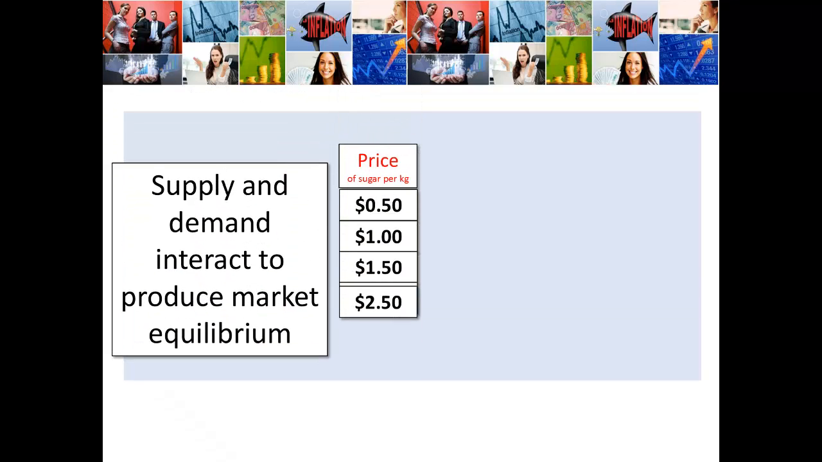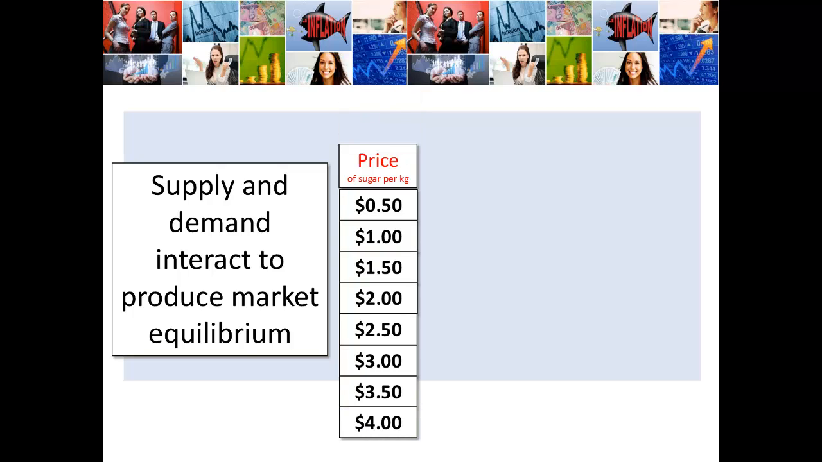Now supply and demand interact to produce the market equilibrium. We've already seen the supply curve and the demand curve meeting to determine the equilibrium price and the equilibrium quantity demanded and quantity supplied. So if we have our range of prices here,